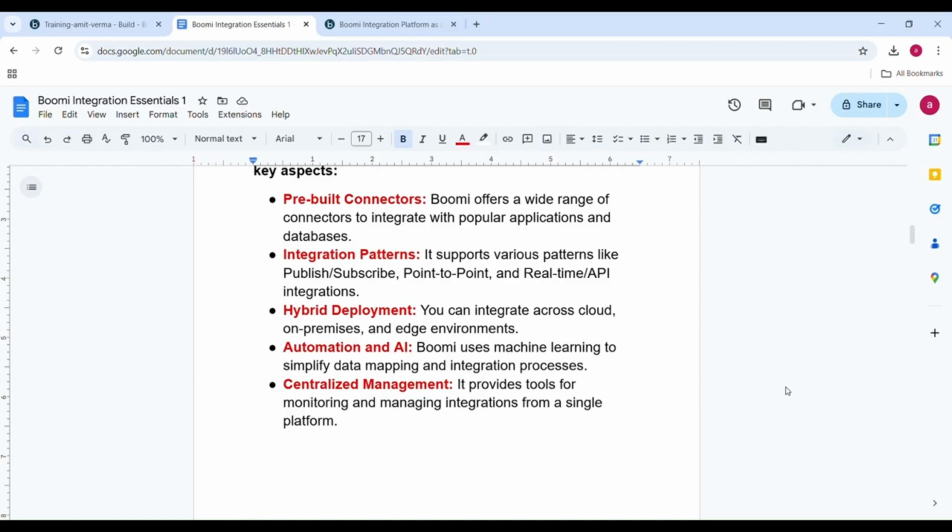Next point is centralized management. It provides tools for monitoring and managing integration from a single platform. ठीक है, सो ये सेंट्रलाइज्ड मैनेजमेंट ऑप्शन है Boomi इंटरप्राइज एप्लीकेशंस में। यहाँ पे हम जो भी प्रोसेस या जो भी API डिप्लॉय करेंगे उसको हम मॉनिटर कर सकते हैं, उसको मैनेज कर सकते हैं। ठीक है।